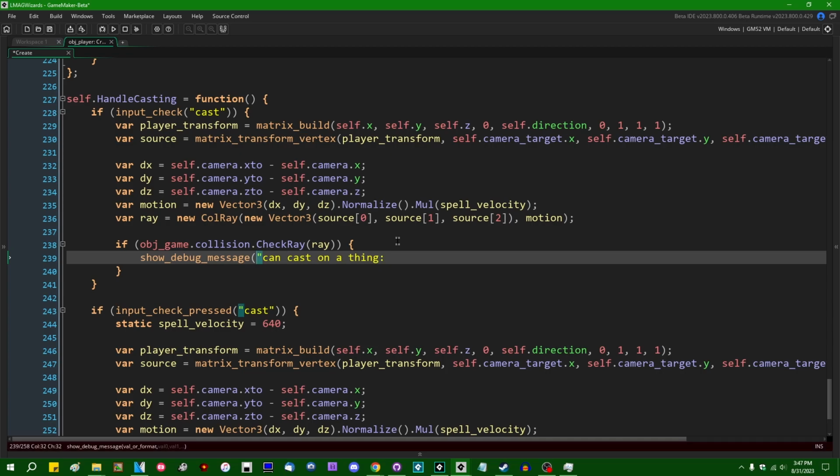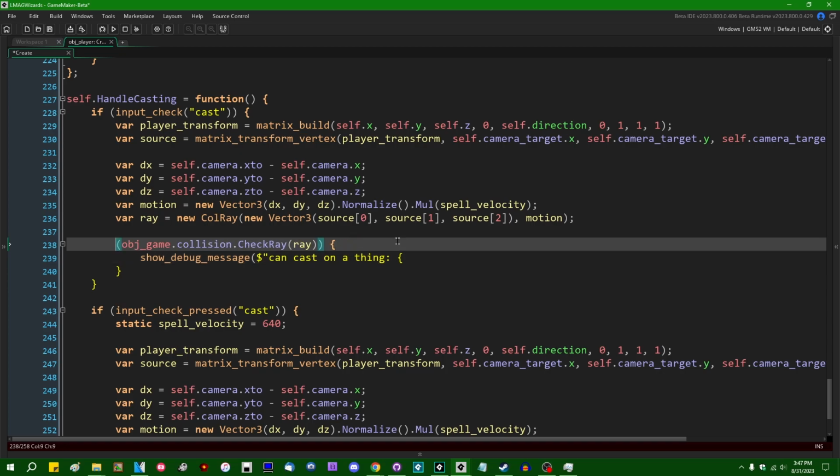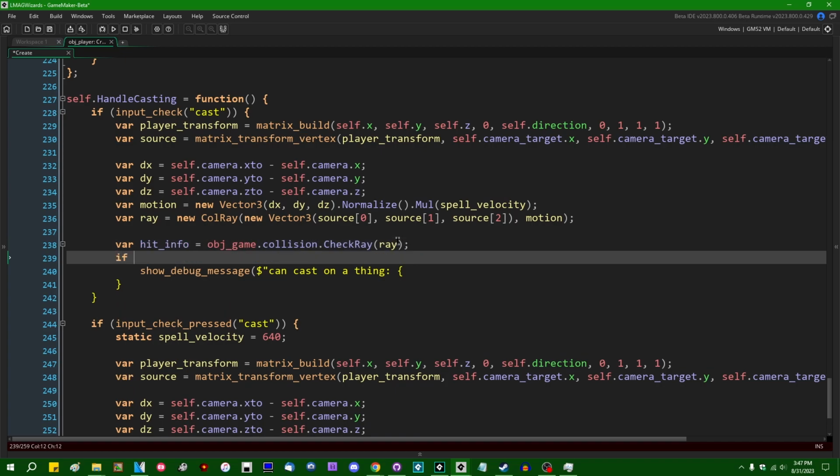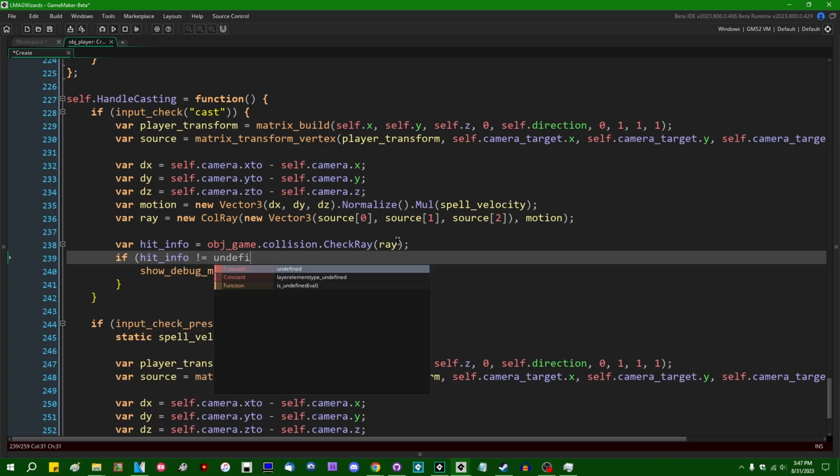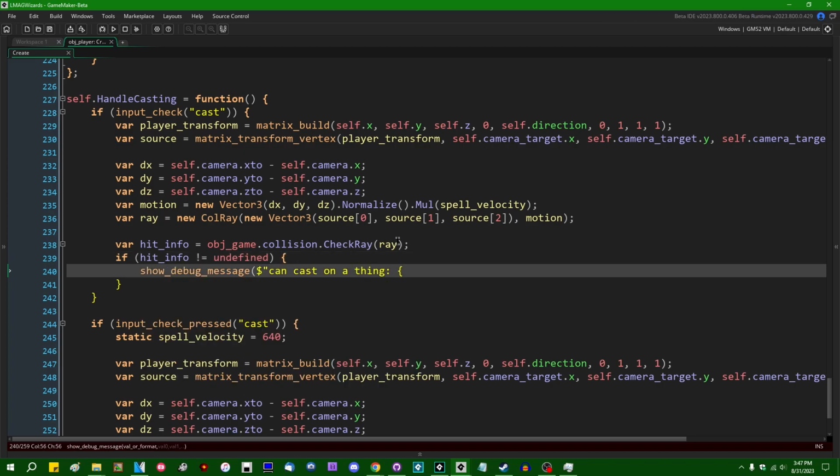Oh, I'm going to want to save the raycast hit information, aren't I? So if you actually hit something first, we can say hit info, like print out the